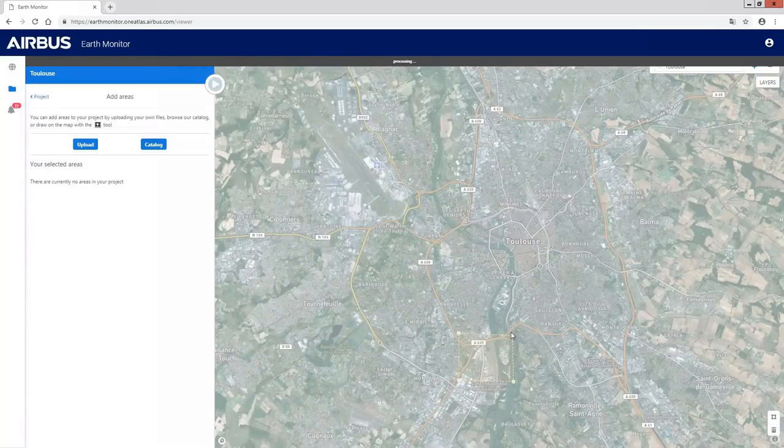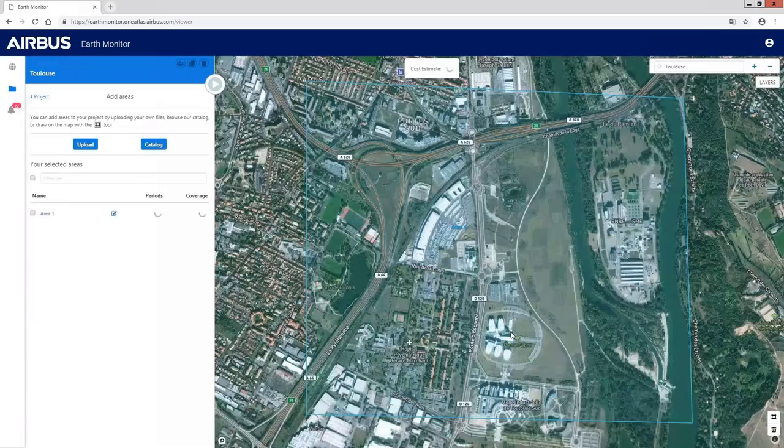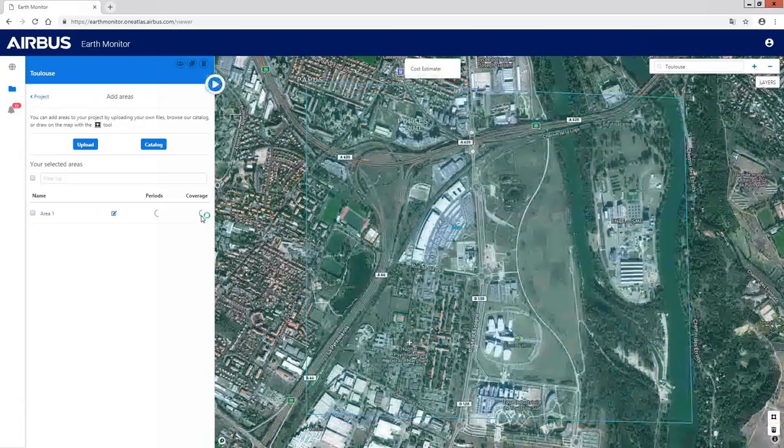And here, based on this area, I can see the system on the left is able to provide 11 images with my criteria based on 16 images available in the system. And here, the coverage is very good, around 100%. So we are able to provide something very high.